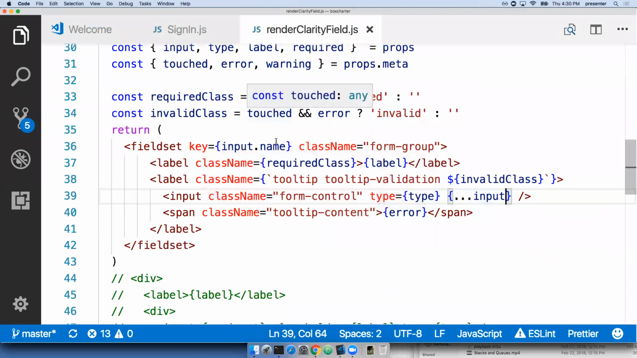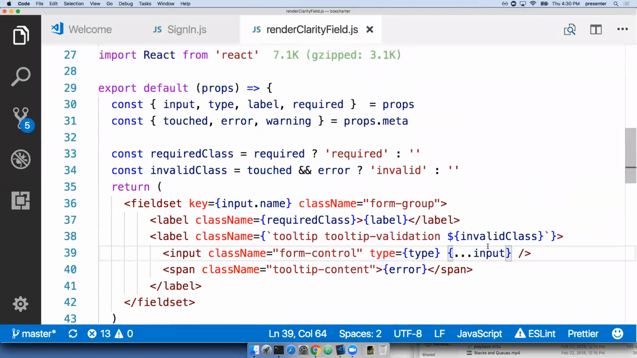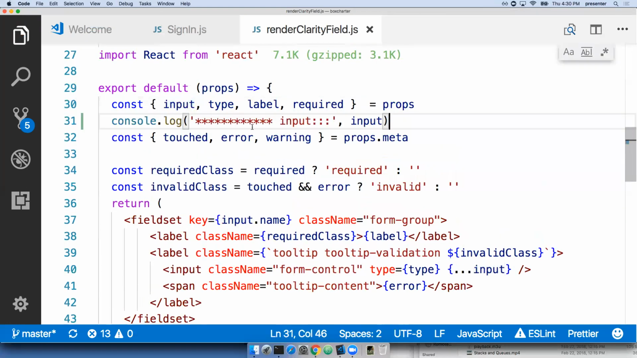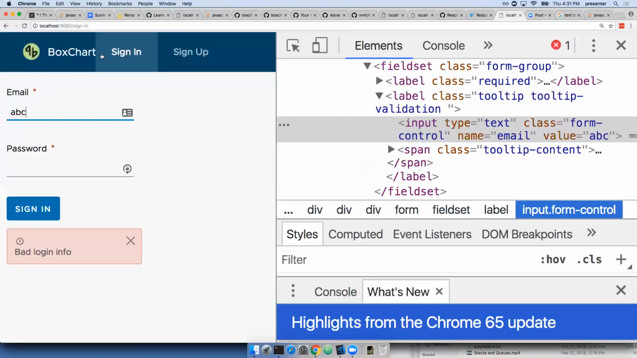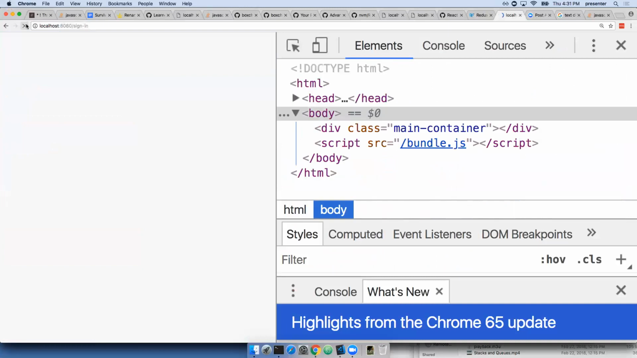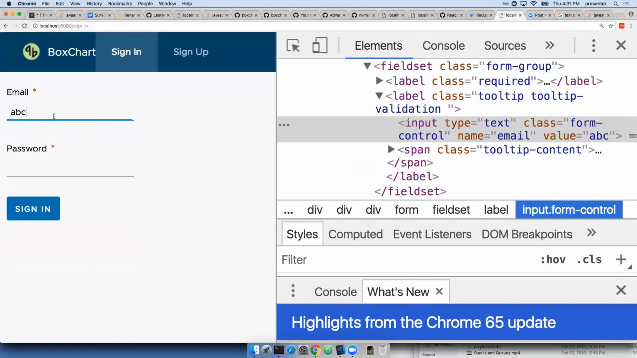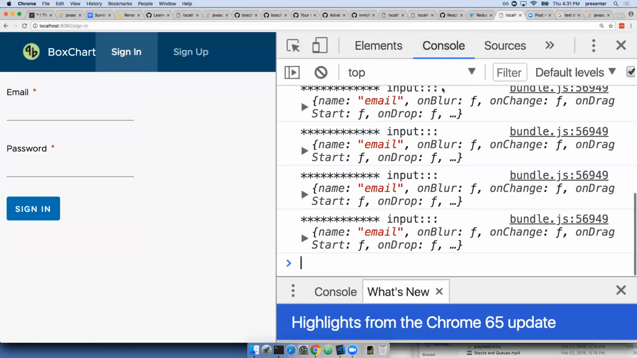Okay, so in this render clarity field, I want to see exactly what this input is. So let's, okay, so fine. And can I go here? Can I refresh this? Is it still running? Oh, good for it. Okay. And if we go into the console, okay, so notice by the way,